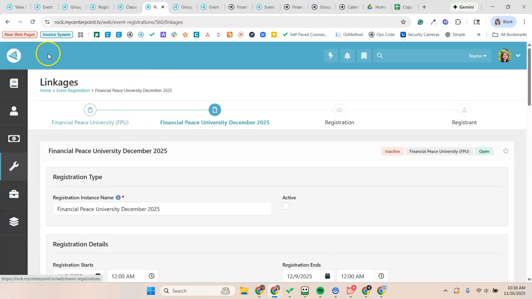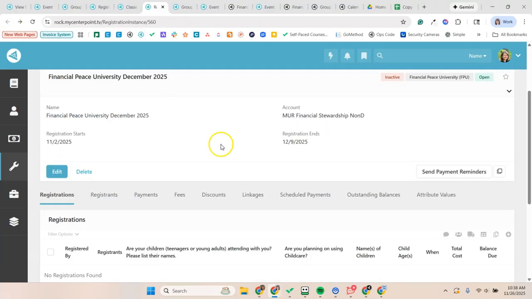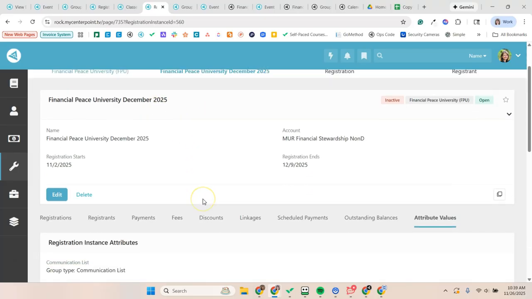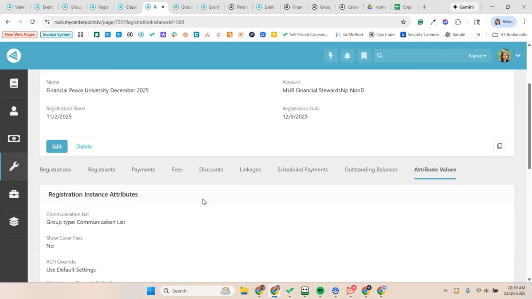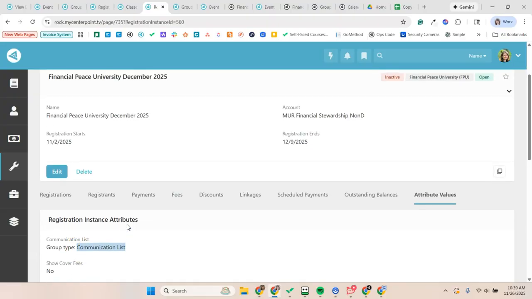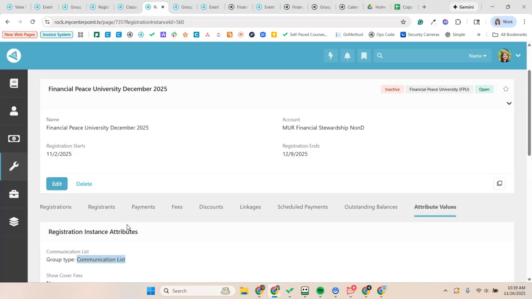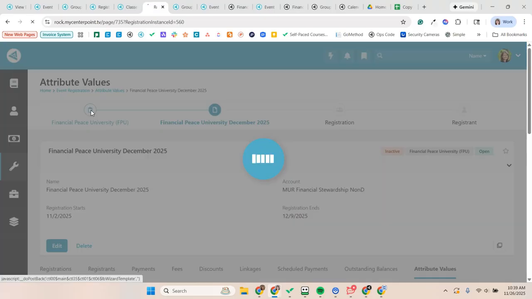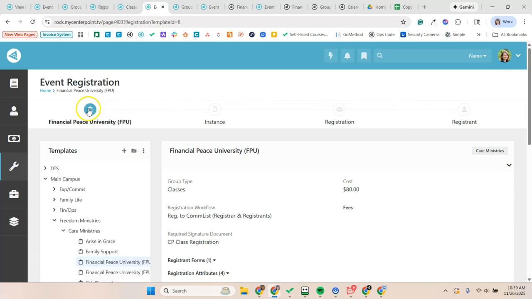And I'm pretty sure most people can edit their registrations. We already showed you that the linkage was there. Now there's something that hasn't been expressed clearly in the past, but we need to start doing this better. When somebody fills out a registration, we have the ability to automatically add them to a communication list. And we do that with a workflow. Now, I'm going to go slow here. If we go back to the template, so you can look just here up here on the little dots, if you go back to the template,